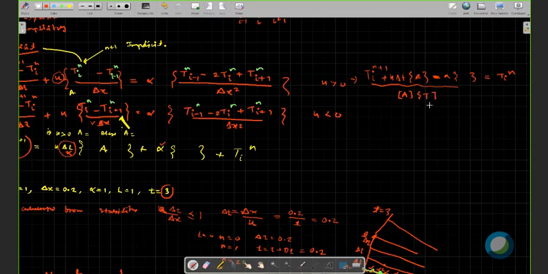T1, T2, T3, like that, T_i, and this is a known vector. So it is like Ax equals B. So you'll get this kind of coefficient matrix and you will have to solve this. But we know that there are two methods. One is a direct method and another is an indirect method, which is called the iterative method. So you may be asked to do it with either the direct method or the iterative method in the exams.